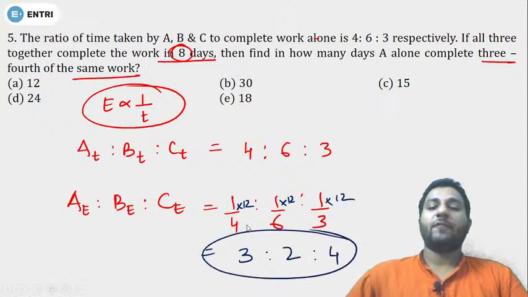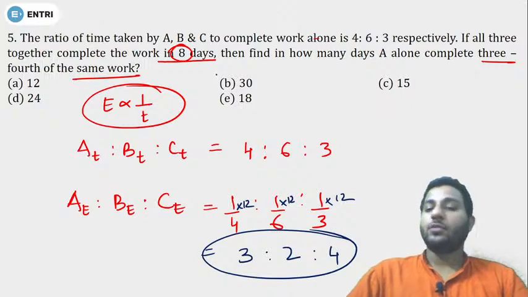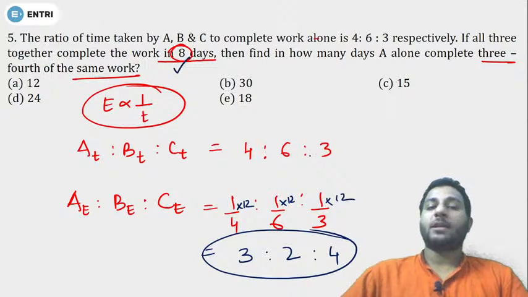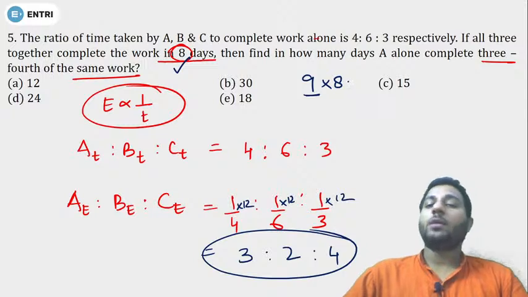Now we have figured out the efficiency of A, B, C as 3, 2, 4, यानी हमें पता चल गया. अब हमें पता है कि तीनों मिलकर इस काम को 8 दिन में करते हैं, तो तीनों की एफिशिएंसी टोटल कितनी हो जाएगी? 9. If 9 efficiency makes all three's efficiency and they do the work in 8 days,